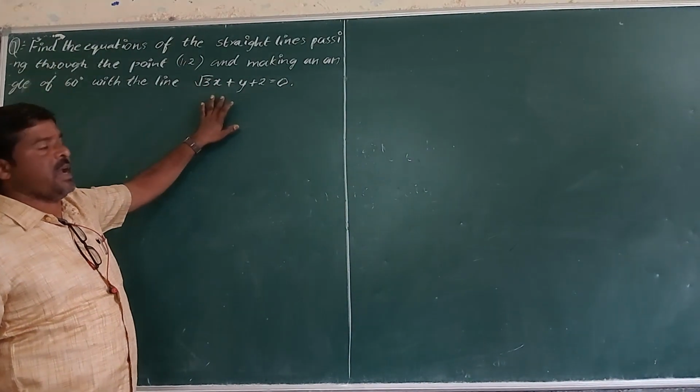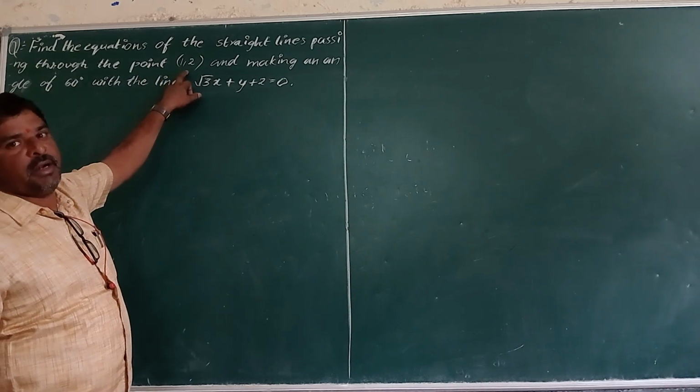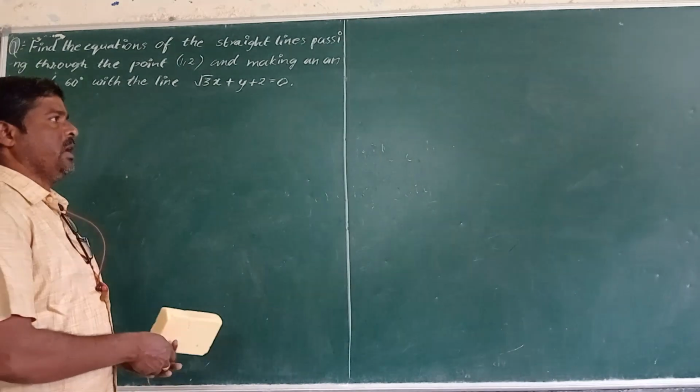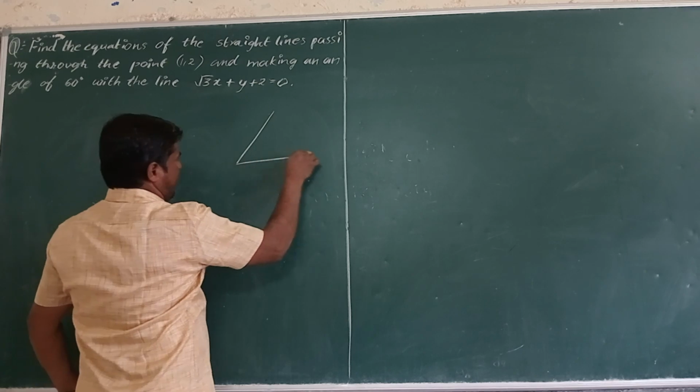This is a base of a triangle. The angle is 60 degrees, passing through point (1, 2). Find the remaining two sides of the triangle. Like this is a triangle